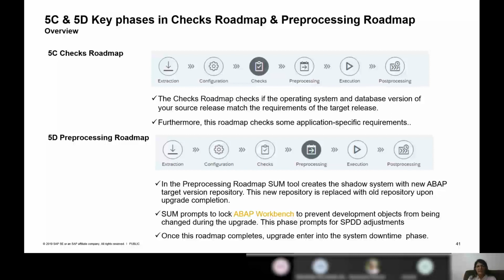Once the checks are completed, it goes into the pre-processing roadmap. In the pre-processing roadmap, the new repository is created. If you log on to the shadow instance, you will see 1909 as a system created. Because now the repository has to be shifted, the upgrade tool will prompt you to stop any development.